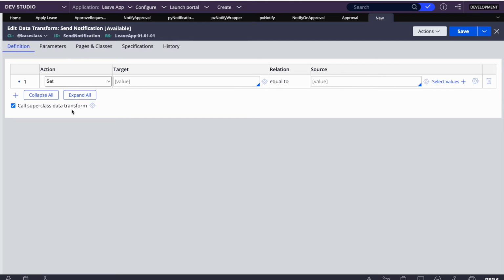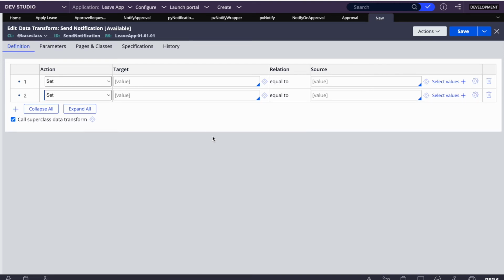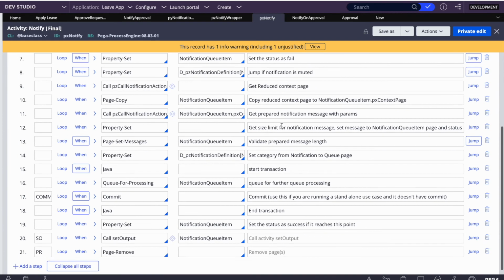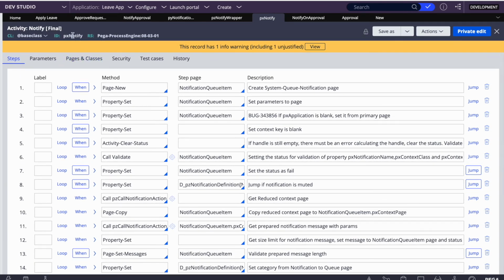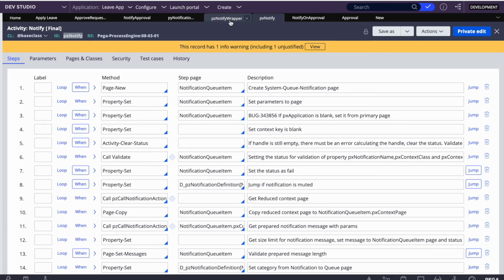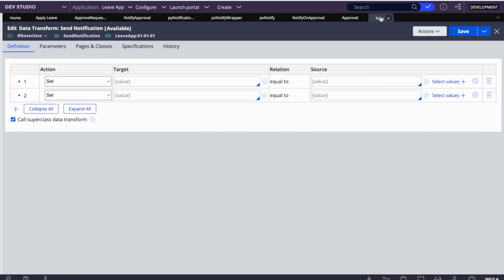Okay, so now what we have to do to call this one? As I was saying, this is the main activity to send notifications. So we need to call this one, px notify. We can call this one as well, pz notify wrapper. It depends, sometimes we can call this one, sometimes we can call the other one. Any one of them if you have to call, what we have to do is simply go and, like here,